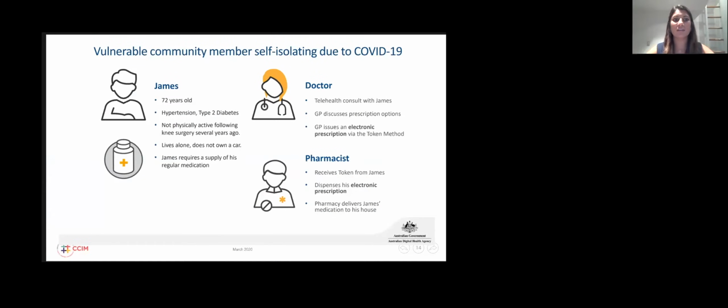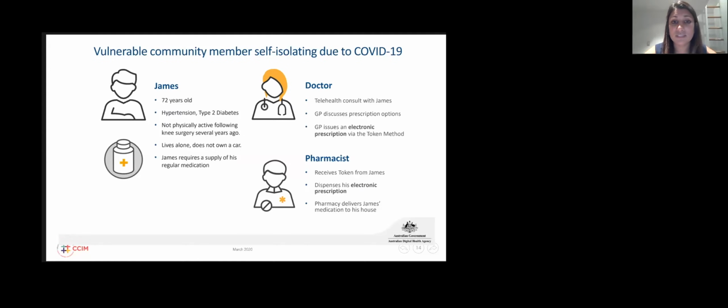Okay, so we've got James, who is our vulnerable community member who's self-isolating due to COVID. He's at home alone. He doesn't own a car and he needs to get his regular medications for his hypertension and type 2 diabetes. So the doctor does the telehealth consult and issues an electronic prescription via the token method.